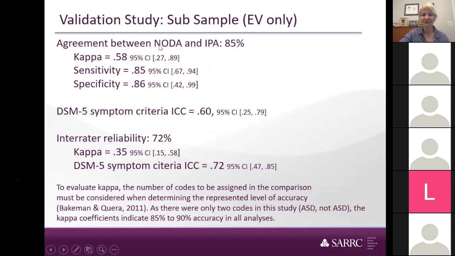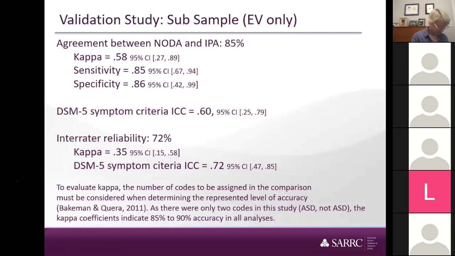But really the agreement between Noda and IPA remains very strong at about 85%. And all the other psychometric properties remain pretty much stable on the high side. Kappa drops down to 0.35, but it's important to remember that the number of choices when you're evaluating